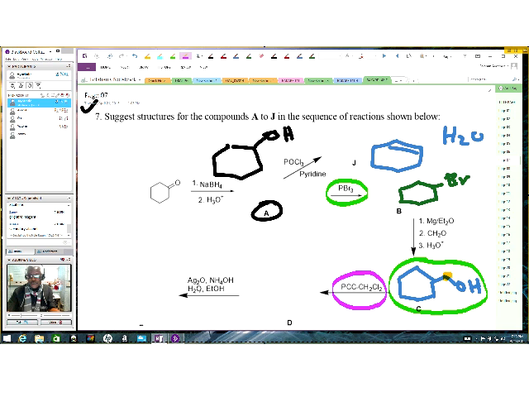What do you think PCC will do with a primary alcohol? Anybody has an idea? PCC reacting with a primary alcohol. Let's see, what does that give us? An aldehyde. Excellent. So I think you guys are getting ready for your exam, because once you know your reagents and once you know what those reagents do, I guarantee you